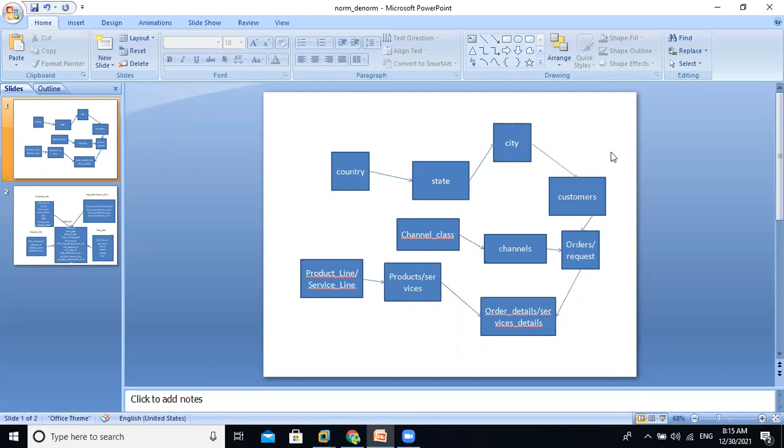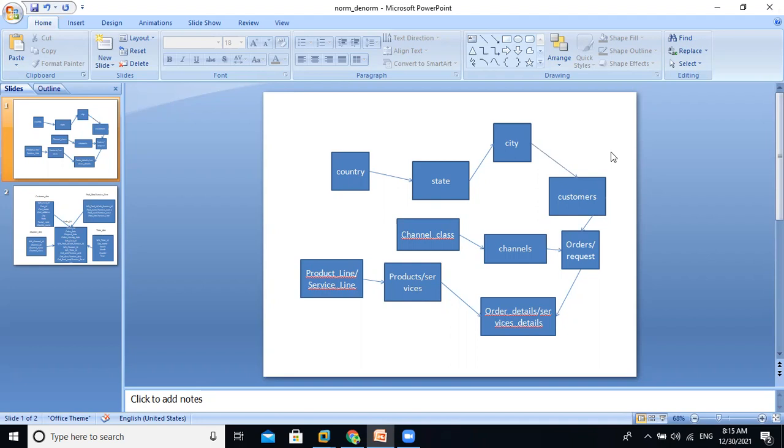Actually, in the conceptual model, we don't want to give any kind of columns. In the countries table and the state table, I did not add any columns. This is just a conceptual model only. No need to add any kind of attributes within the respective entities in the conceptual model. It is just a concept only. So there is no need to enter the whole structure of each block.